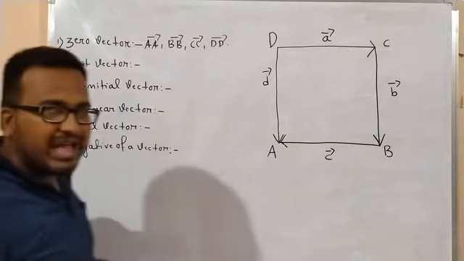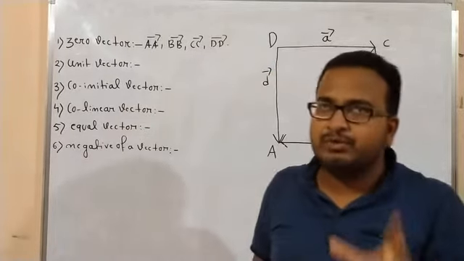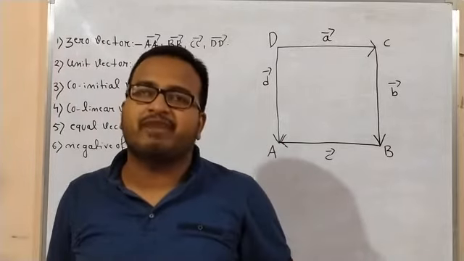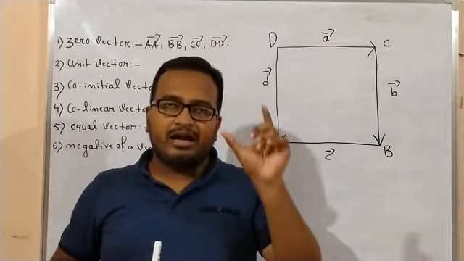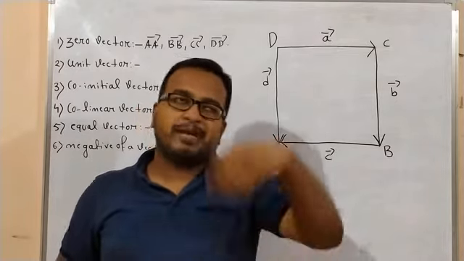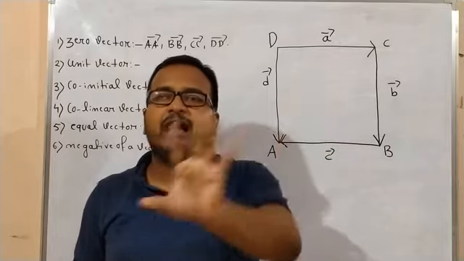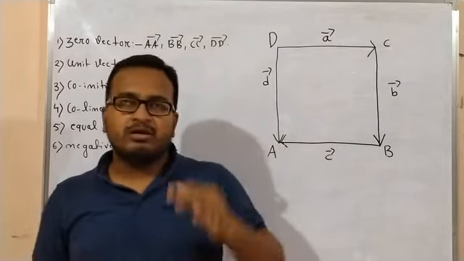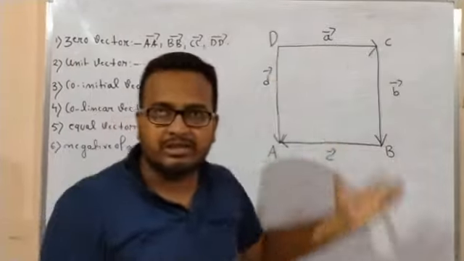Next, unit vector. So what I have told as the definition of unit vector, to identify whether the given vector is a unit vector or not, you must know the magnitude along with the unit of the given vector, isn't it? अगर किसी भी वेक्टर को आपको आइडेंटिफाई करना है कि ये वेक्टर यूनिट वेक्टर है या नहीं है, तो पहले आपको इस वेक्टर का मैग्नीट्यूड विथ यूनिट जानना पड़ेगा, isn't it? जैसे कि 1 मीटर 100 सेंटीमीटर, लेकिन यहाँ पे ना तो यूनिट दिया हुआ है ना ही मैग्नीट्यूड दिया हुआ है, राइट.